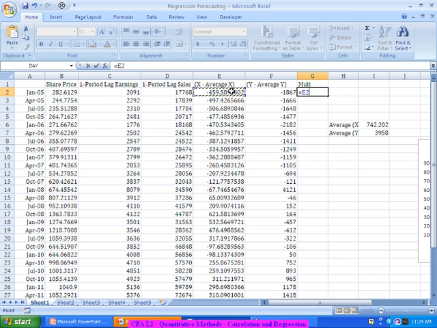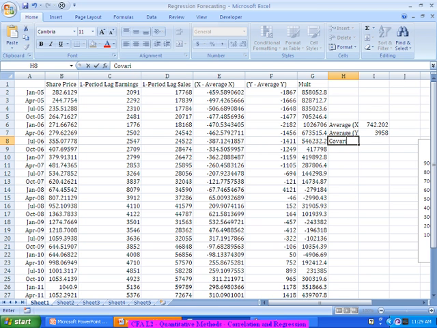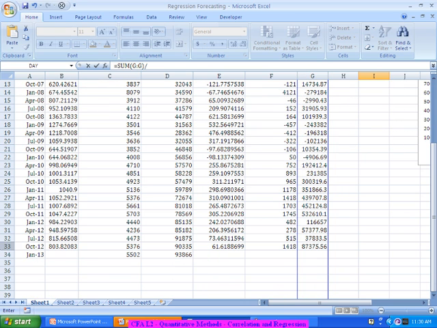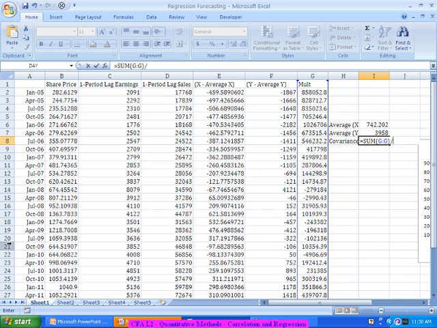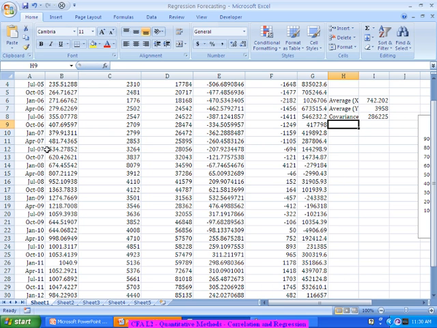X minus average of x multiplied by y minus average of y, and all these things are being summed up. So that's where I am looking at covariance in this case as nothing but the summation of x minus average of x into y minus average of y divided by n minus 1. So here n in our case is 33 observations. Or probably I am starting from the second row, so there are 32 observations. So minus 1 is making it 31, which is arriving at the covariance being